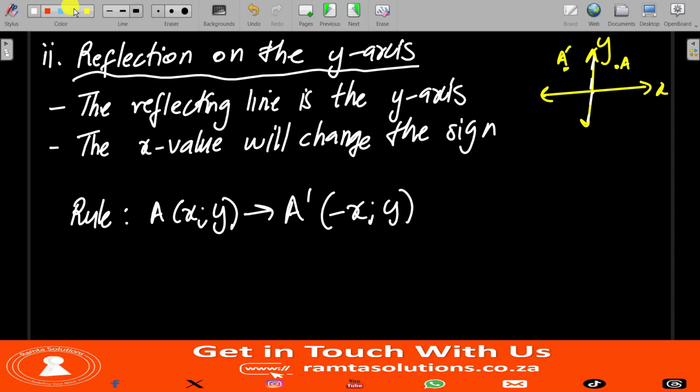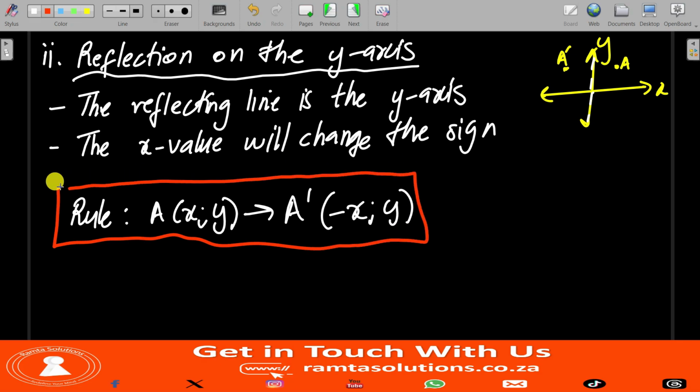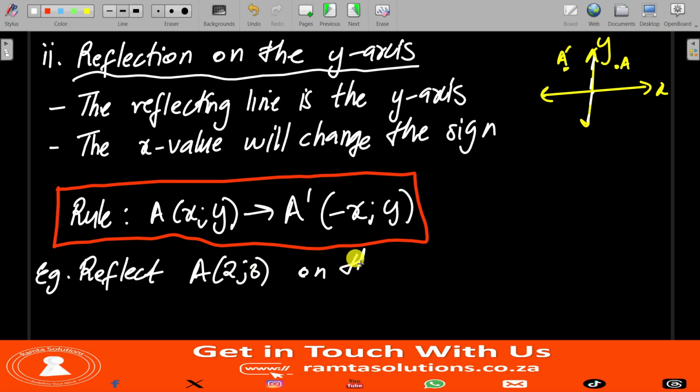So this is reflecting on the y-axis, right? So what is our example now? Our example, I'm going to say, reflect A (2, 3) on the